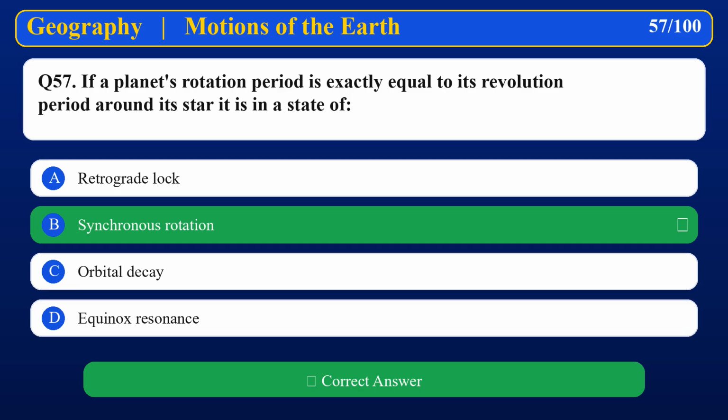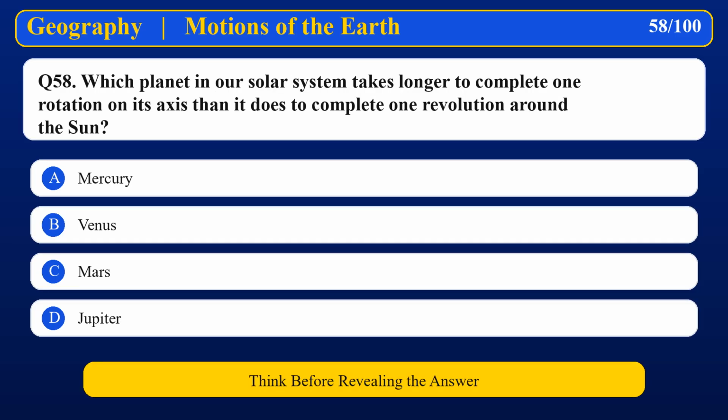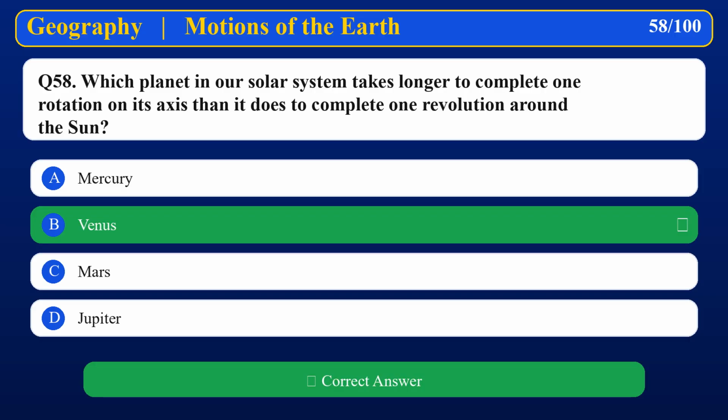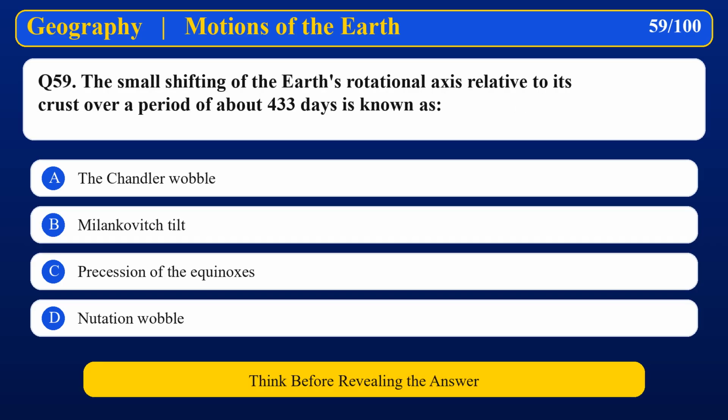synchronous rotation. Which planet in our solar system takes longer to complete one rotation on its axis than it does to complete one revolution around the Sun? Venus. The small shifting of the Earth's rotational axis relative to its crust over a period of about 433 days is known as